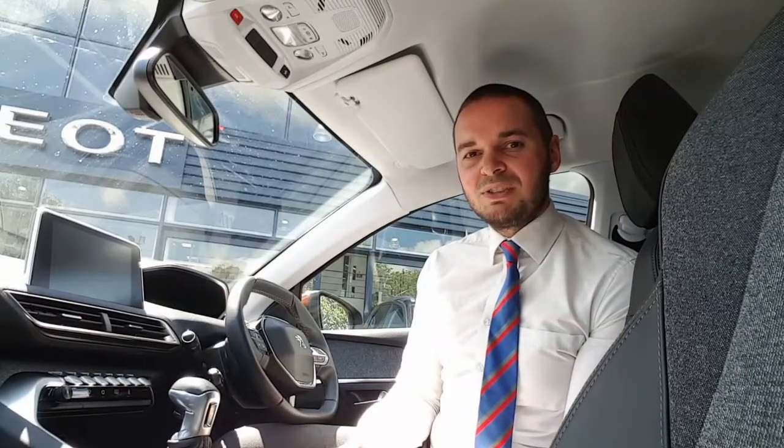Comes with a 1.2 litre PureTech engine. It has 130 horsepower and a 6-speed manual gearbox. It's done under